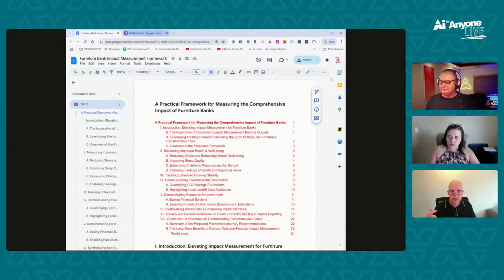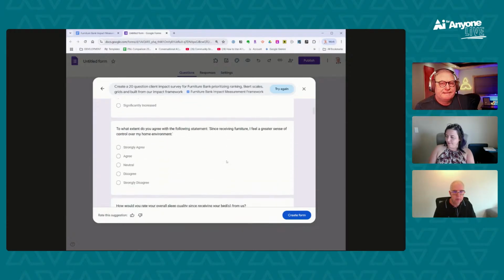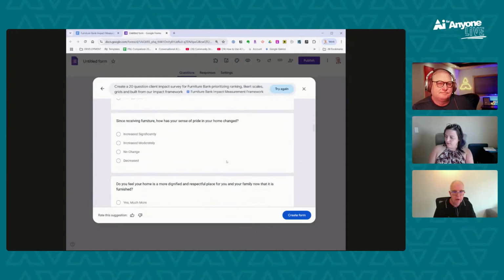I threw it into Forms, and I said, create a 20-question client impact survey. Now, we measure not just clients, we measure donors and a whole bunch of stuff, so it had to find and zero in. I said, I want to see ranking, Likert scales, grids, and I pointed to that 24-page document. And what I got was, it actually nailed it.